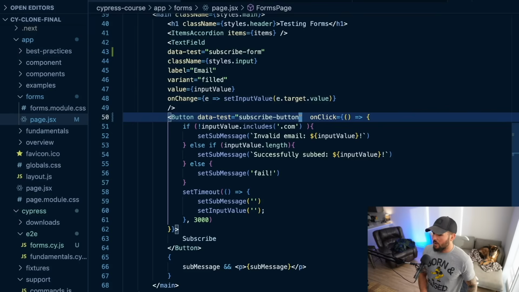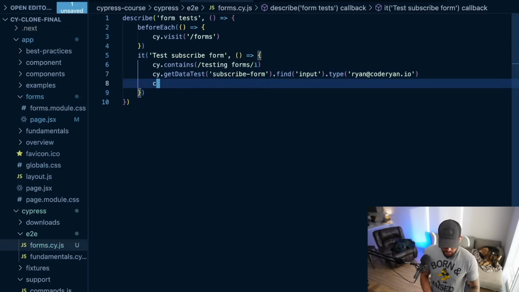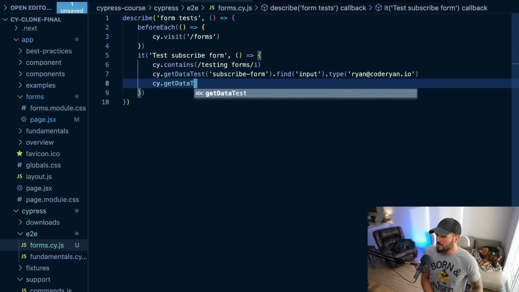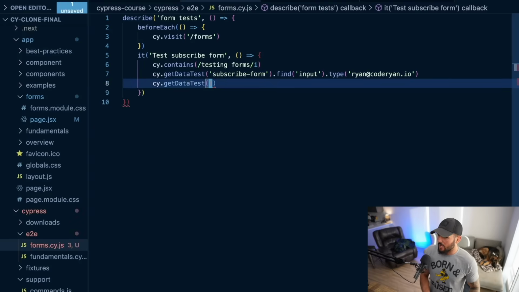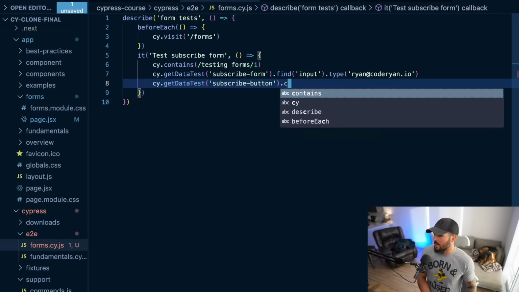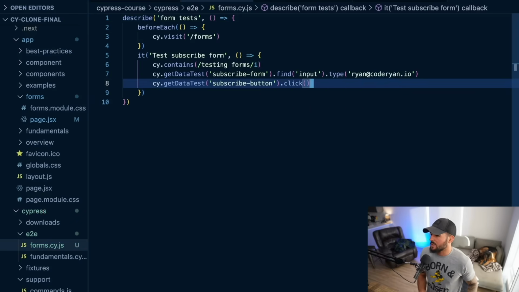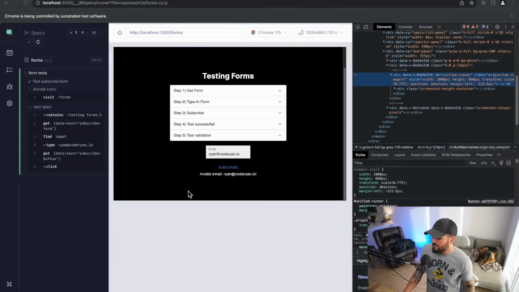So within our actual test itself, we can go ahead and get our cy.get data test. And here you're kind of seeing how this custom command is coming in quite helpful. But we're going to get subscribe button. And then all we're going to do with our subscribe button is we're going to click on it. Now we're actually going to get an error here, but I'll show you what's going on. So let's go back and then we click on the subscribe button, but we get invalid email